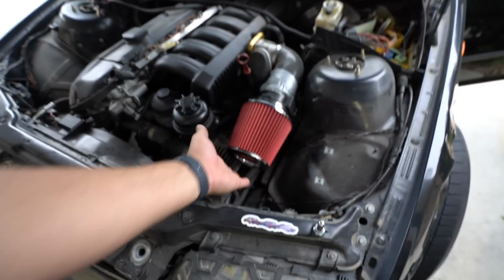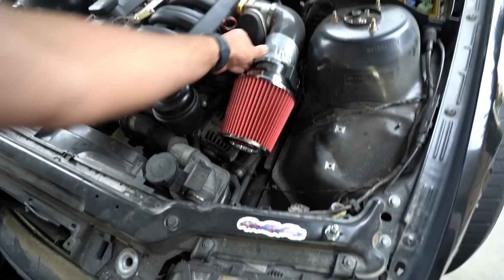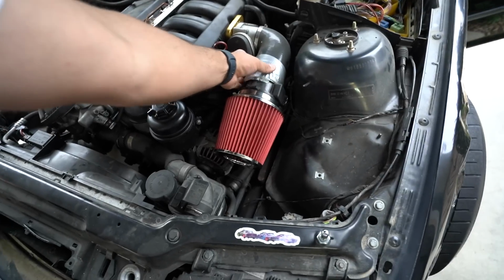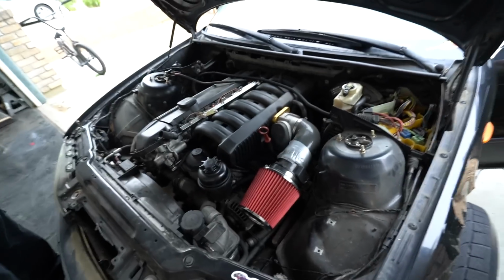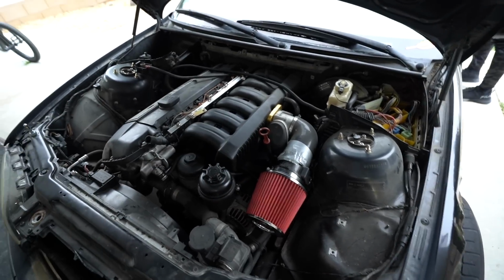Also, finally put an air filter on it. Don't judge my duct tape either. I saw one of you guys talking crap. Oh, your duct tape, that's probably what's leaking. Shut up, nerds. I'm just going to put another roll of duct tape on it just to piss you